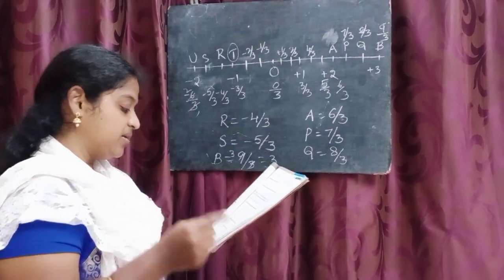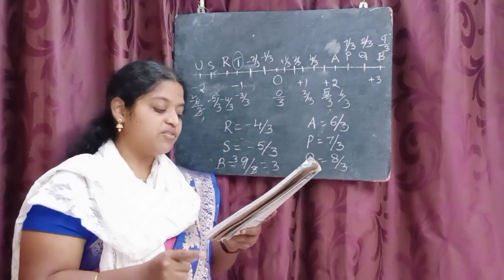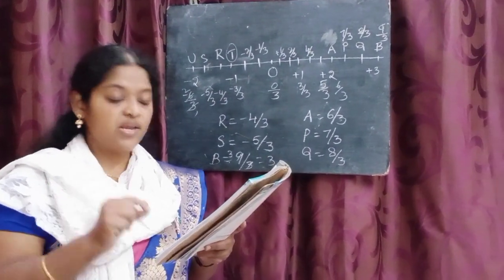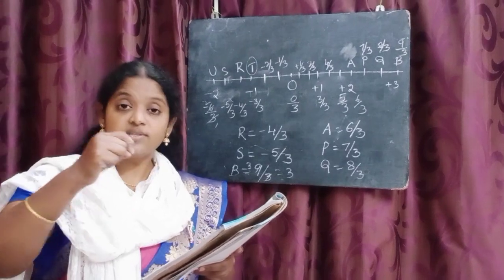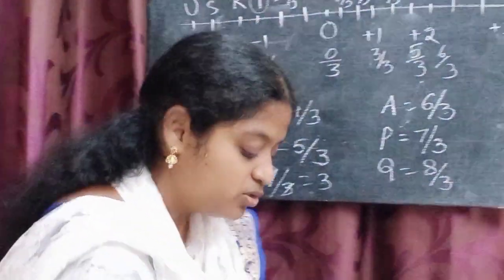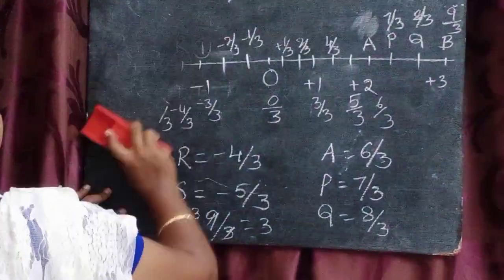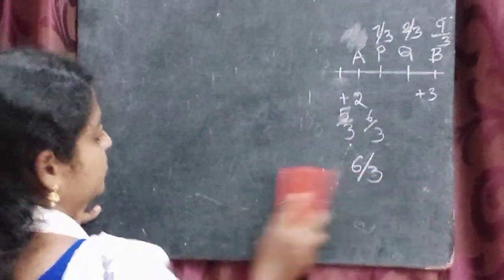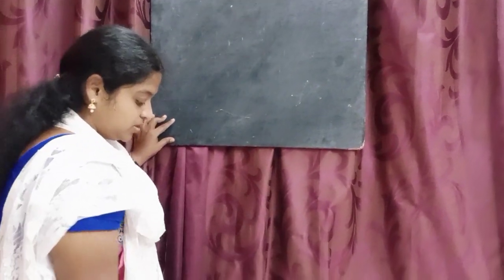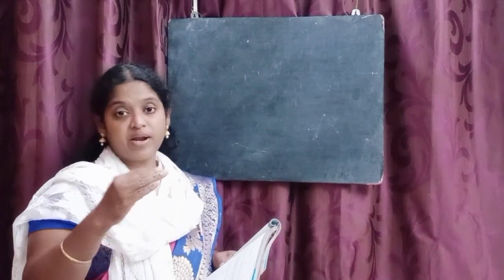Fill in the boxes. Seventh main is there. Write the following rational numbers in the simplest form. Simplest form. So, the meaning of that is we should reduce the number to the least number. That is minus 8 by 6 is the first one. So, let me do that. How to write a rational number into simplest form. Simplest form is which we cannot reduce the number again.